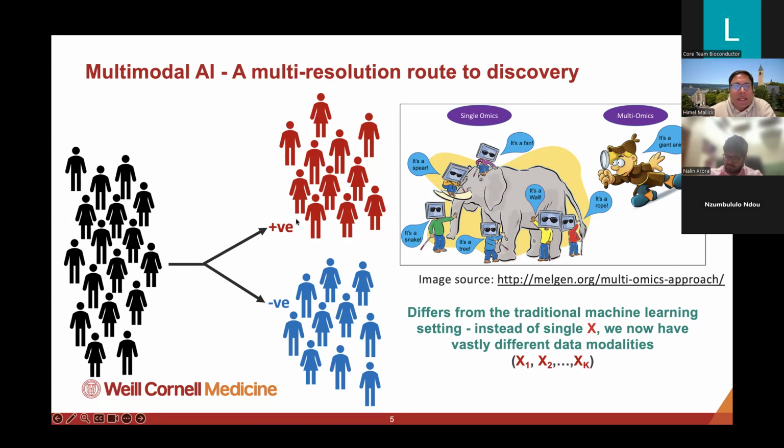On the left, you will see that the goal is to do predictive modeling. One example that I want to use is responder versus non-responder, which is pretty typical in a treatment setting: who is going to be a responder versus non-responder. You can also think of any case versus control, healthy versus disease prediction, which can help you in subgroup identification. Here also, as I mentioned previously, the goal remains the same, that we want to use the multi-omics data in order to do a better job at